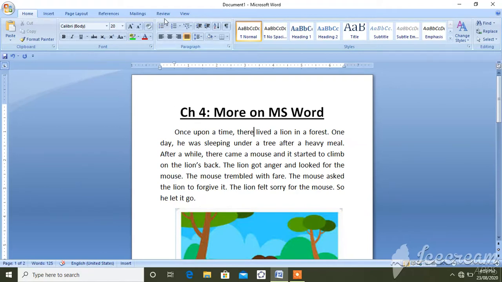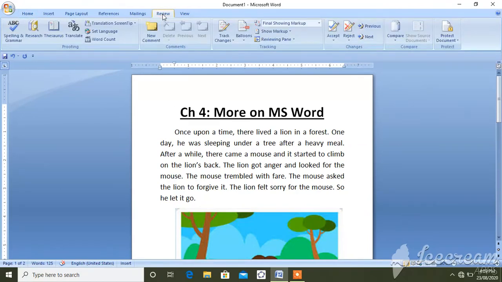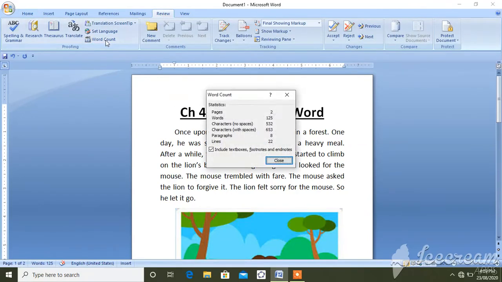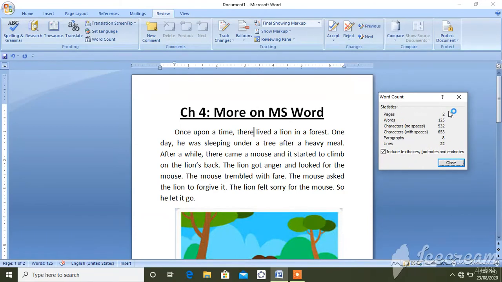You can see it from here also. Click on Review. Here is the word count feature. It shows how many words, 125. How many pages, 2 pages. How many characters, 532. How many characters with spaces, 653. How many paragraphs, 8.